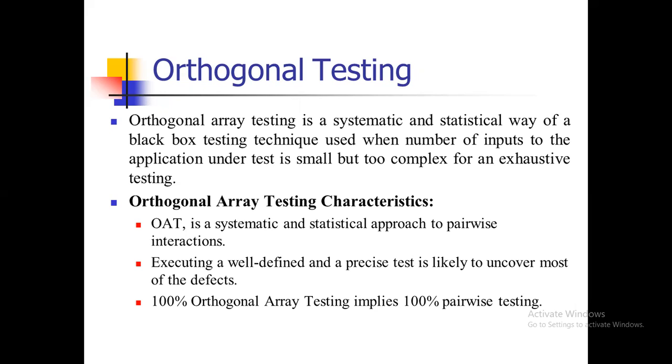There are some characteristics of orthogonal array testing. It is a systematic and statistical approach to pairwise interaction. Executing a well defined and precise test is likely to uncover most of the defects. So 100% orthogonal array testing implies 100% pairwise testing. Then the last